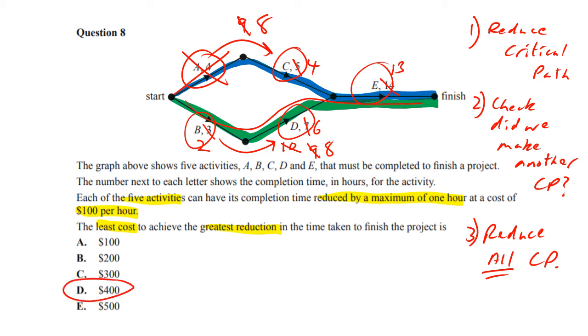Just comparing paths, but make sure you understand, reduce the critical path first, check you haven't made any other critical paths, and when you need to do further reductions, reduce all critical paths. If you can't reduce one of those paths, in this case we couldn't reduce the green one any further, then we have to stop. Speaking of stopping,